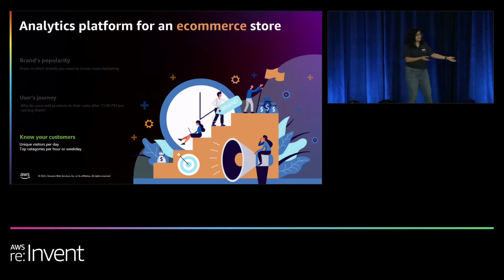Does Friday, Saturday, Sunday work for you, or does Tuesday to Thursday work for you for doing a sale? So a lot of analytics is required for them to make these decisions. Let me give you an example, right?